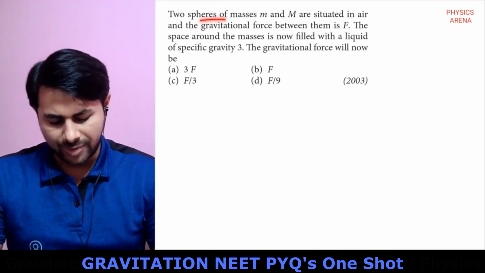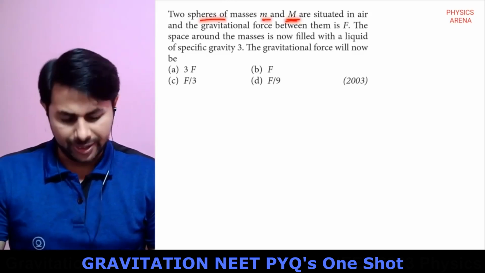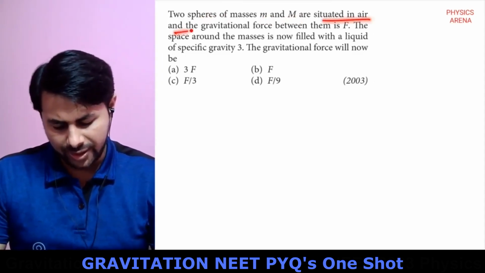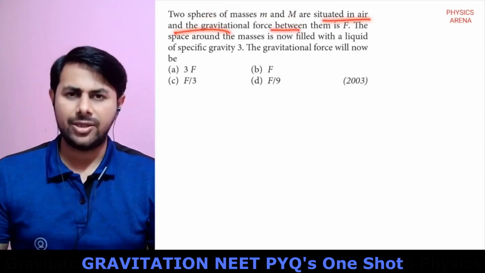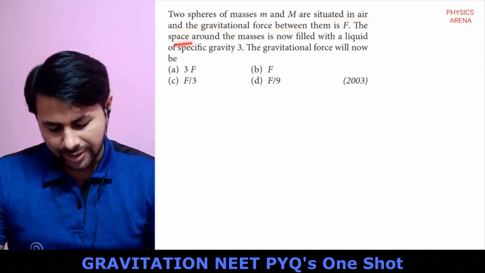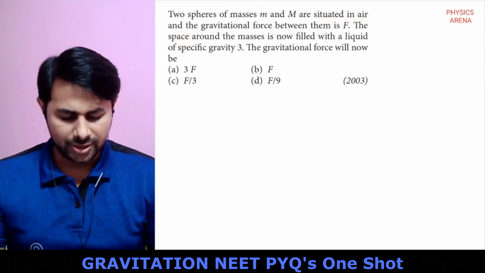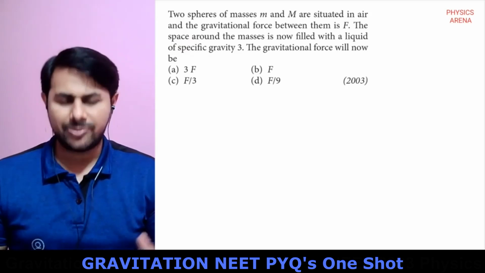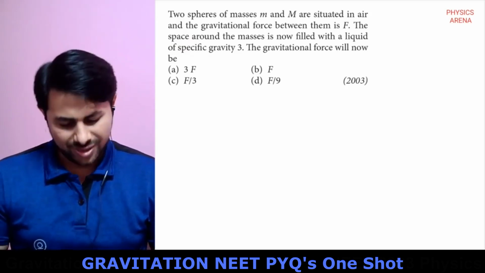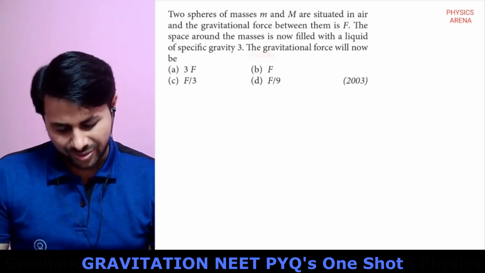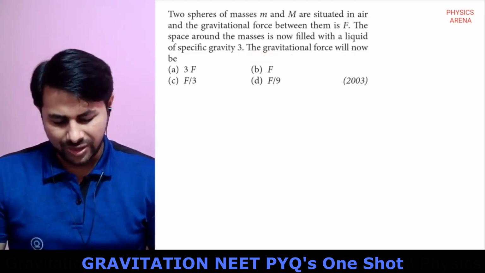Two spheres of masses m and M are situated in air and the force between them is F. The space around them is now filled with the liquid of specific gravity 3. So the gravitational force will now be,